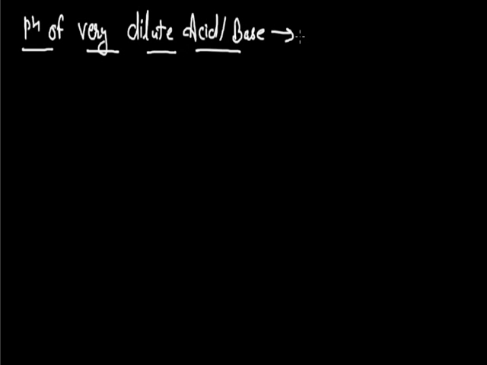Now for the calculation of very dilute solutions of acids and bases, the very first question that arises is how can we identify whether the given solution is a very dilute solution of acid or base. This can be understood by an easy example, such as if the concentration of hydrochloric acid is given to us as 10 power minus 8 M.